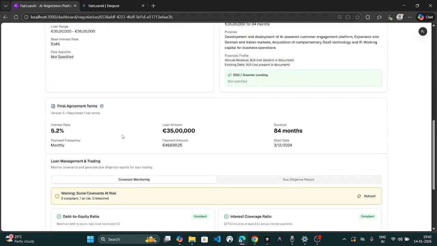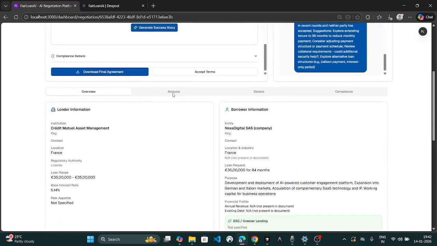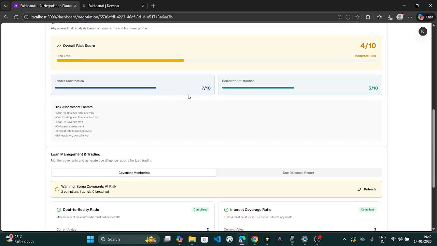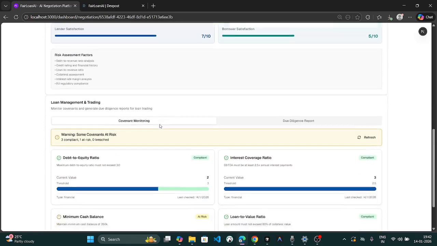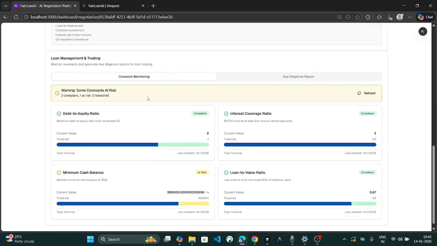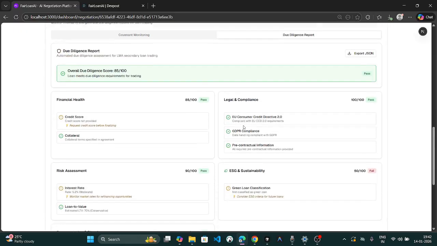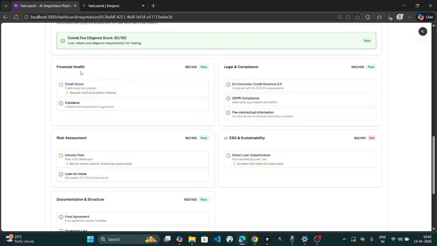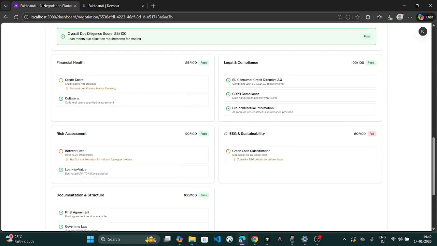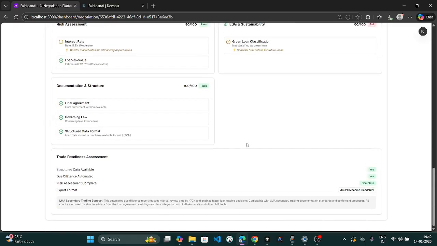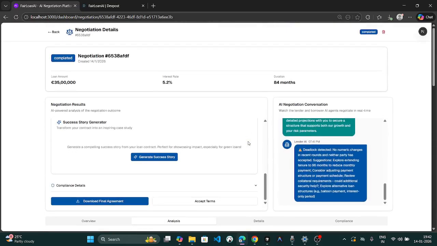And this is the overview we already saw. This is the analysis. It shows the overall risk and the satisfaction of both the lender and the borrower. This is the covenant monitoring, and this shows the due diligence report, like the financial health, legal and compliance, ESG, risk assessment, documentation structures, and so on. So this is the final results,